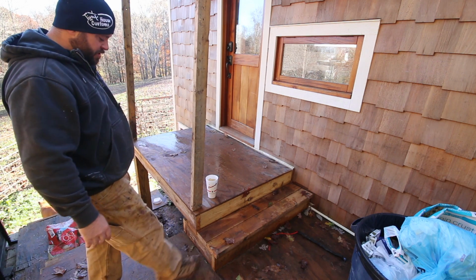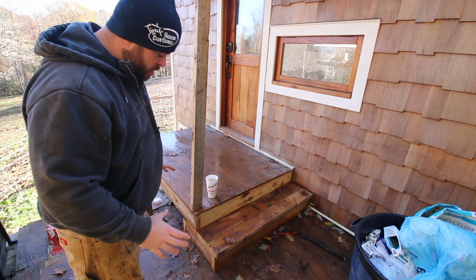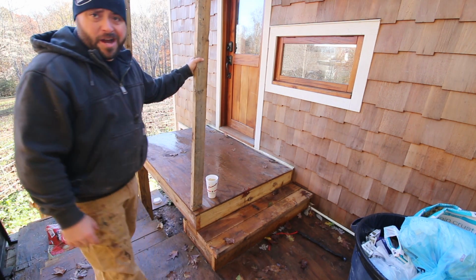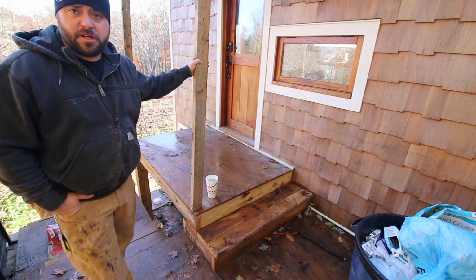I wasn't really happy with how it turned out. I don't like seeing the ends on it. So when I do build the permanent one, I'm gonna do a lot better job on that. But as of right now, it's strong enough for this rodeo, and it gives Peanut a new place to hang